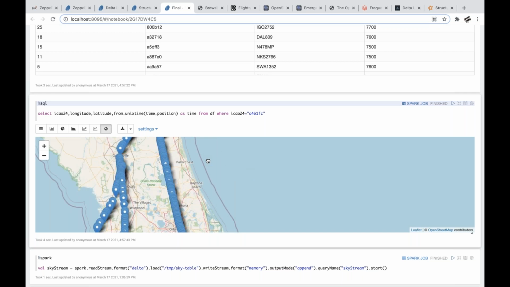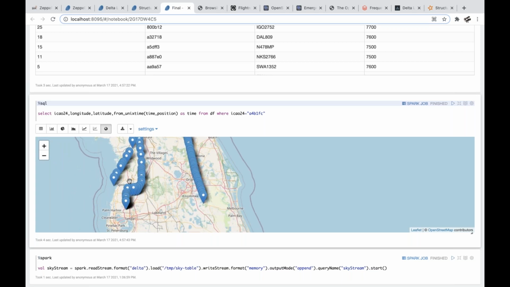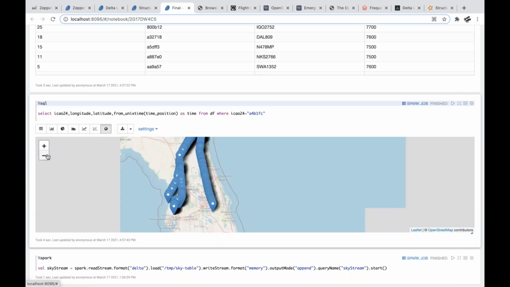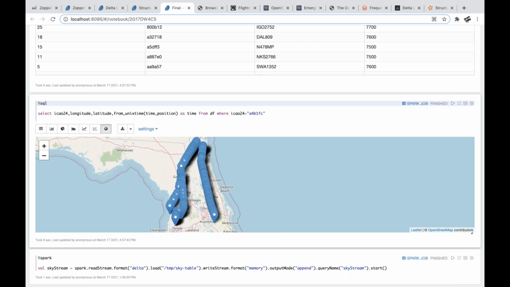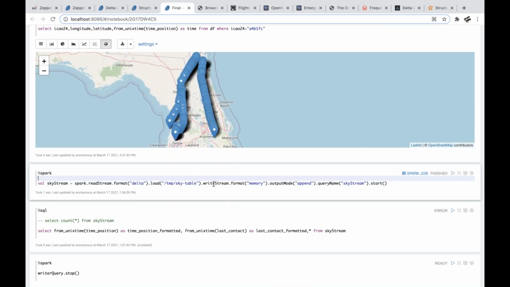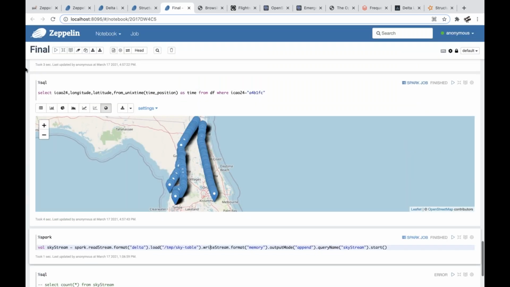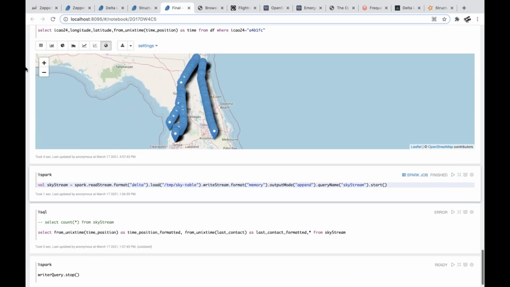So basically at some point there was some blackout, we don't know. Maybe we lost the coverage. But apart from that, we know that this plane came here to a circle, not a circle, a reverse U shape, and then it has ended. The flight has ended, or we just lost the coverage again. We don't know. But we know that we are able to see emergencies and we are able to write the data to Delta Lake easily.